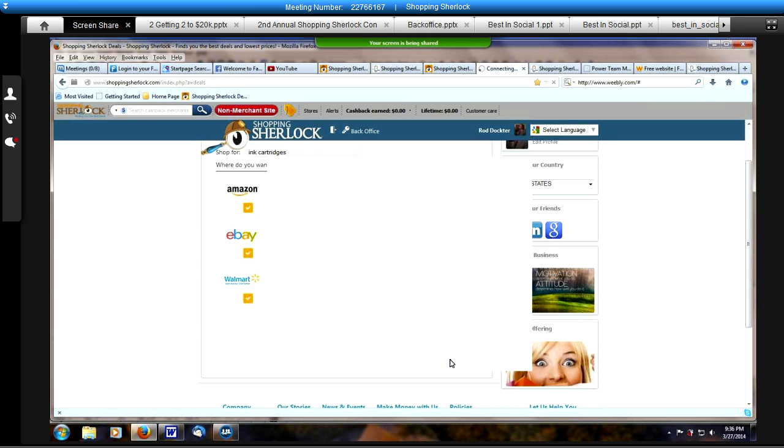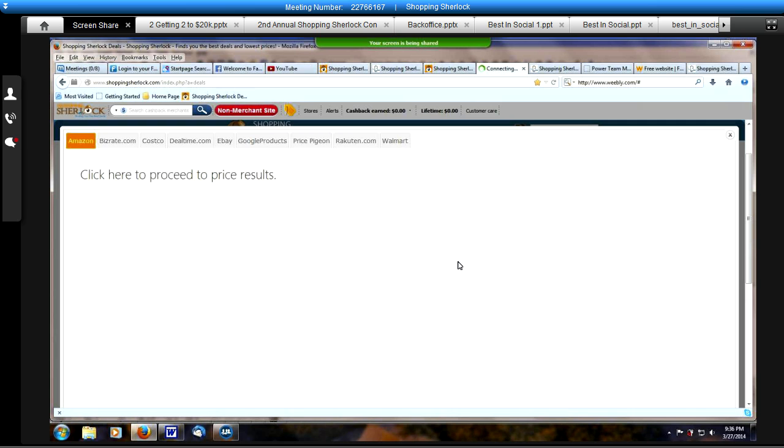Now, when you do a search, you just put your item in up here like I did. I got ink cartridges, and again, it needs to be more specific than that. It pulls up one window only. No pop-ups whatsoever. We don't have to worry about any of that. With Google Chrome, for example, in order to allow pop-ups on just one window, you can't do it. You have to allow pop-ups on every single window or website that you go to on Google Chrome. On Firefox, you can be specific with a specific website, which is another reason why I like Firefox. But across the top here,